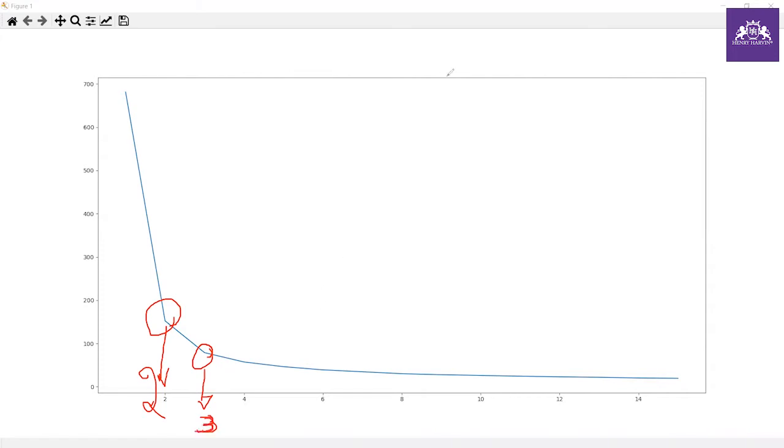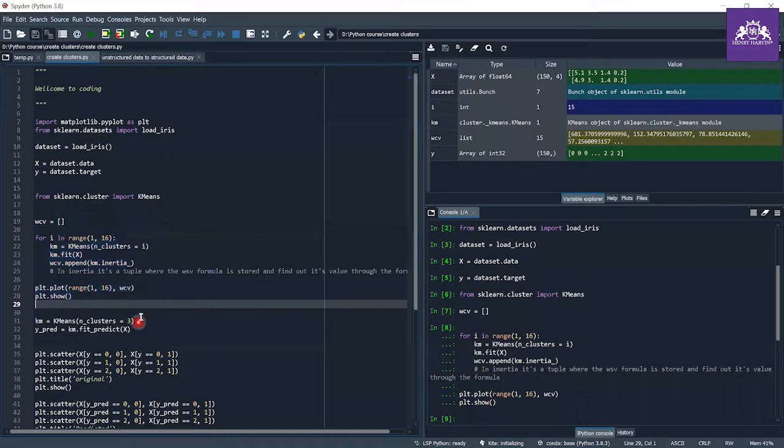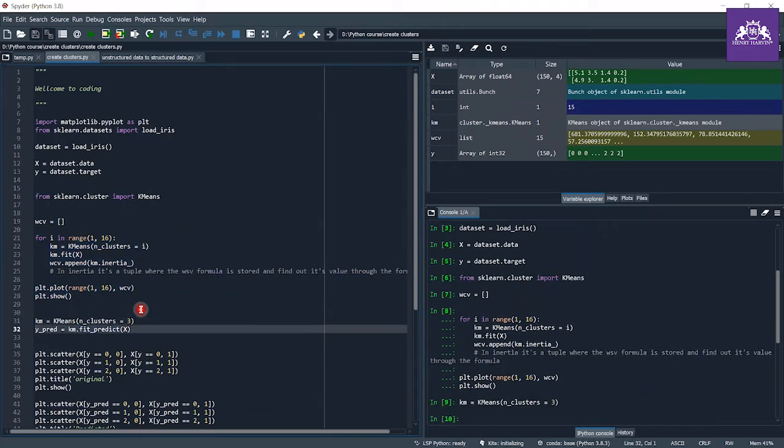But here's the thing, we all know about the iris dataset, and it contains 3 categories, which are setosa, versicolor and virginica. So we all know that there are 3 groups. So let's take the 3 clusters, and let's see what this algorithm says about the clusters.